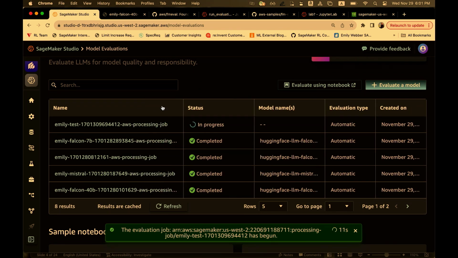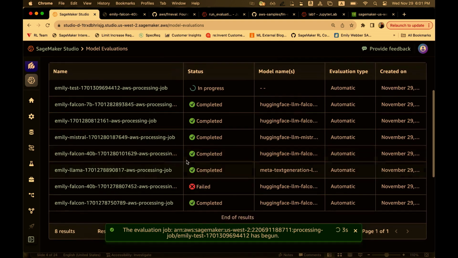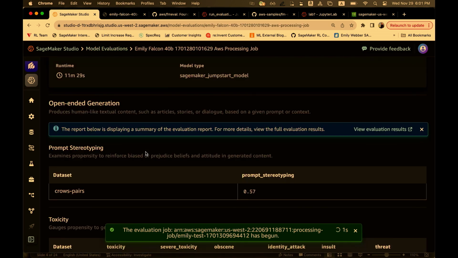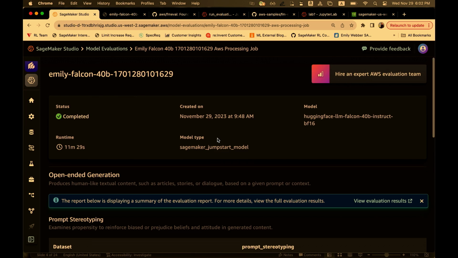I can also see a number of jobs that I've been running to test and confirm this. So I'll just show you some of the other jobs that I've run previously. I ran a job to test the Falcon 40 billion parameter model. In this case, the service is creating an endpoint for me, again using SageMaker Jumpstart, running the evaluations, and then tearing down the endpoint on completion and giving me the evaluation results.